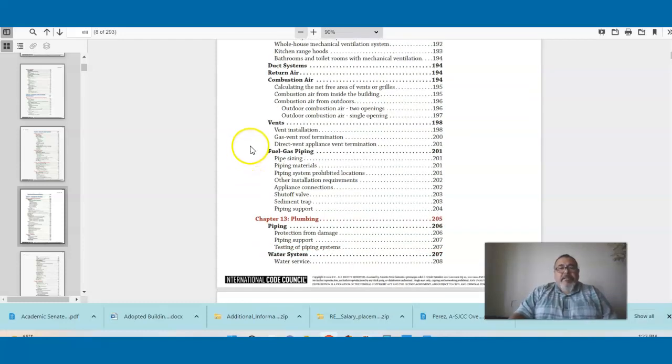Talks about vents, installing the vents, gas vents when they terminate at the roof, a direct vent appliance vent termination,